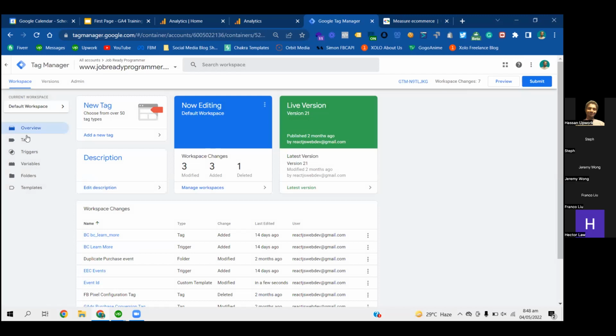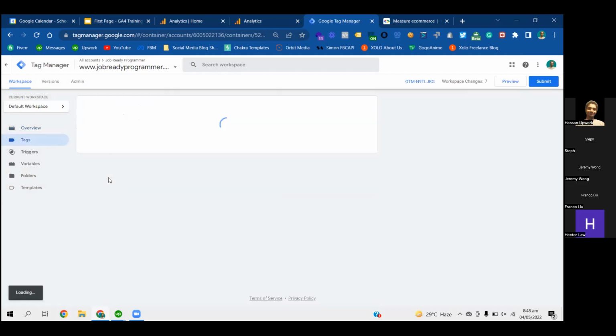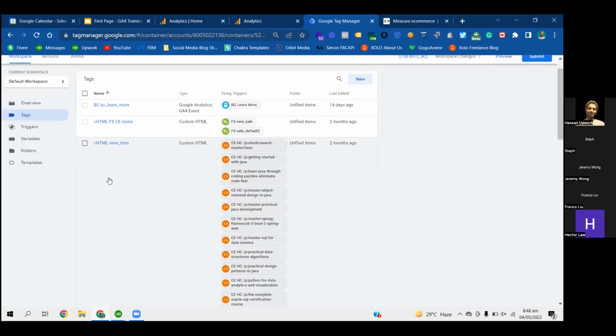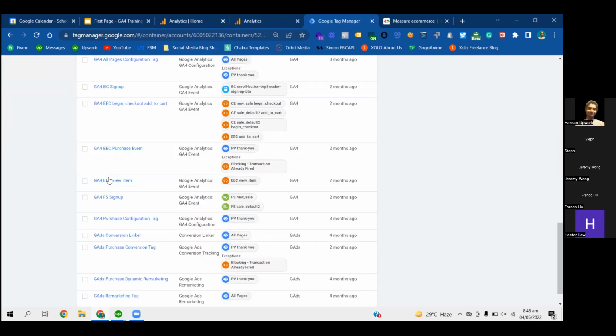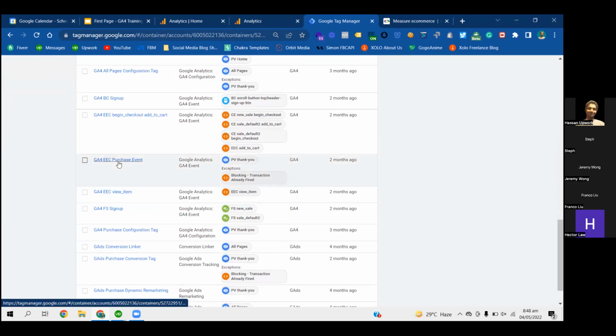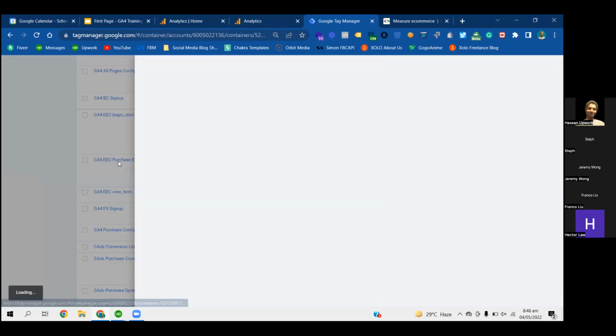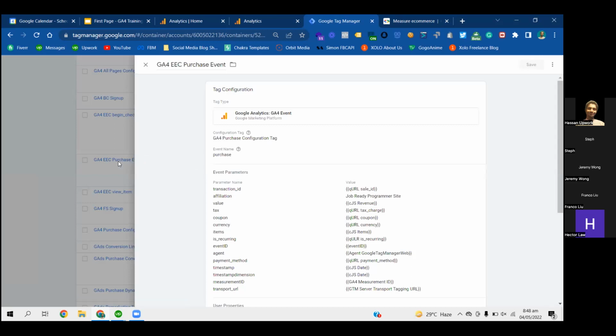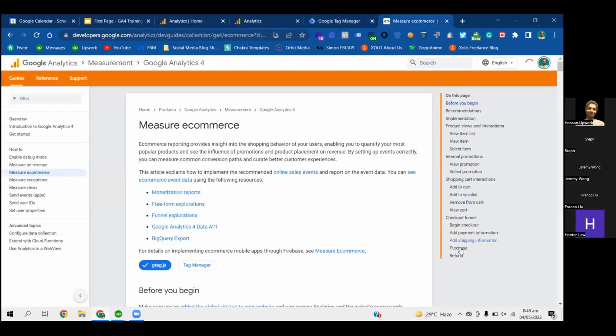So in this GA4 account, we have GA4 configured for this client. And let's look at the purchase event, because the transaction event is something that you want to implement on your website. If you go to their documentation and scroll down to purchase event,